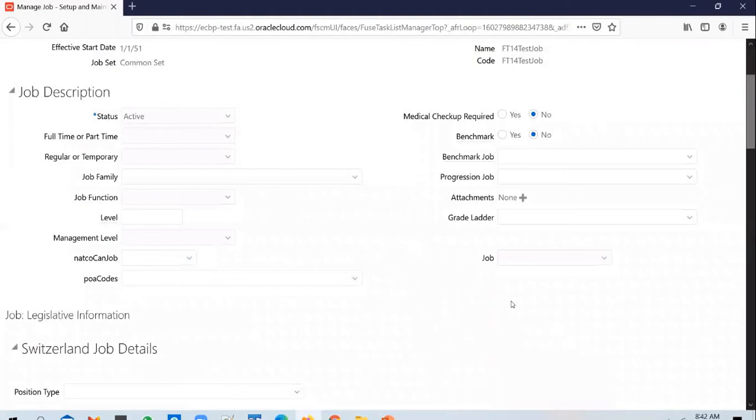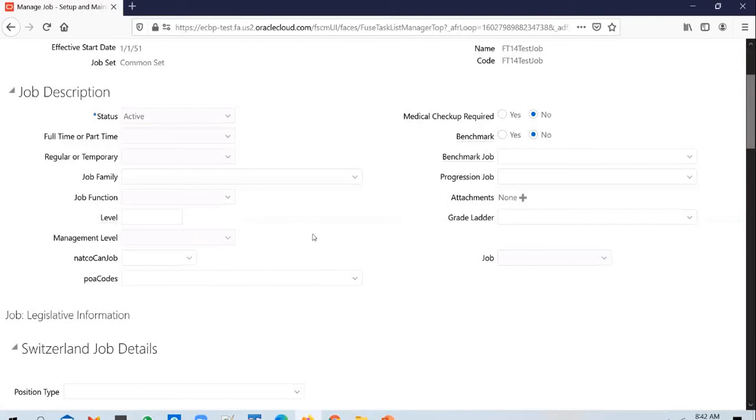So what context-based segments means is, you will be able to see a context field in here, and in that context field you will be able to see the context that you have defined. And once you select the context that you define, you will be able to see the additional fields, additional segments that you have configured.